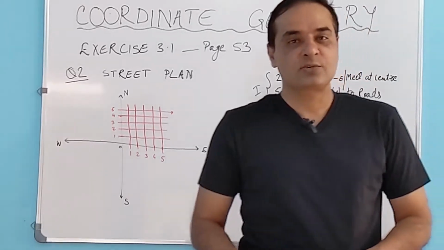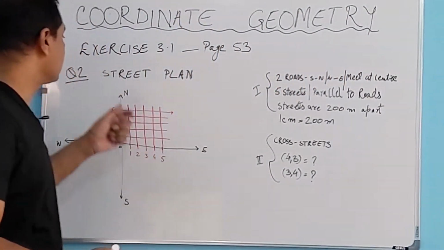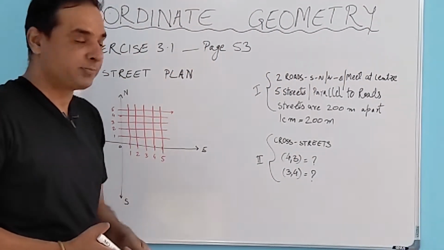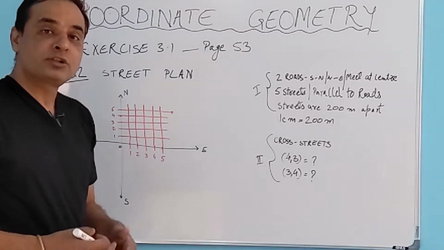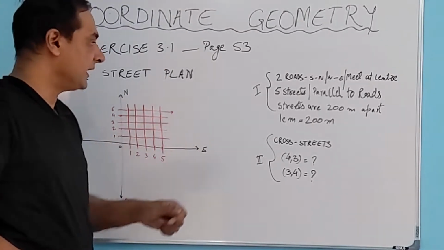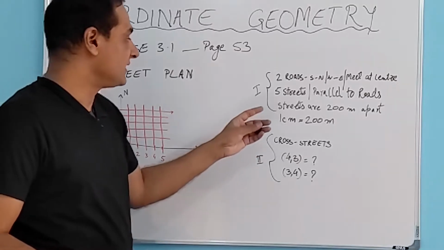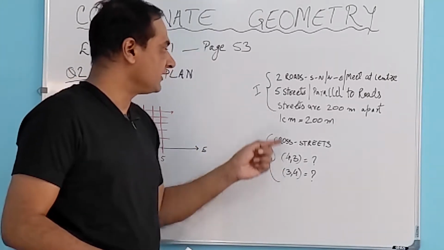So let's look at question number 2 in exercise 3.1, which is given on page number 53. Basically this question is about the street plan. This question has two parts. Part number 1, where we are talking about